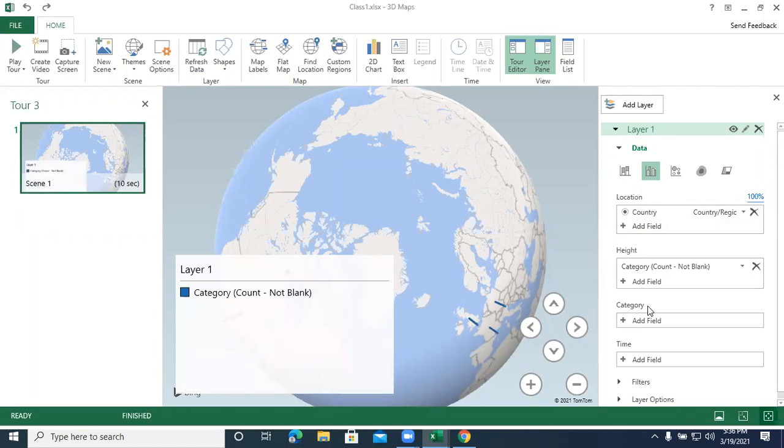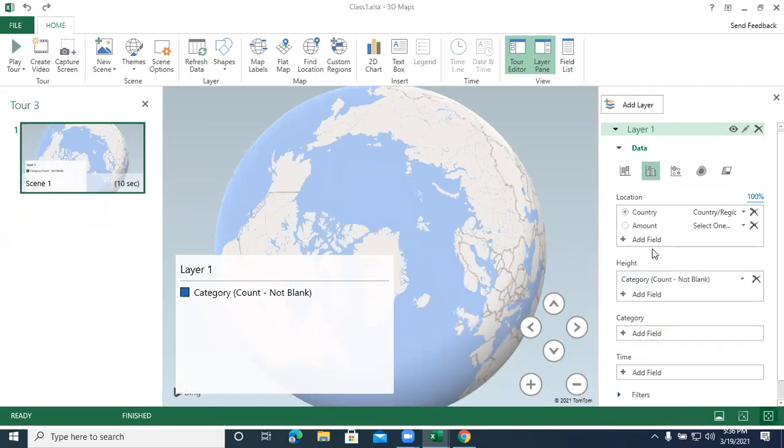I just add the category field to be highlighted. Or I just want amount to be highlighted.